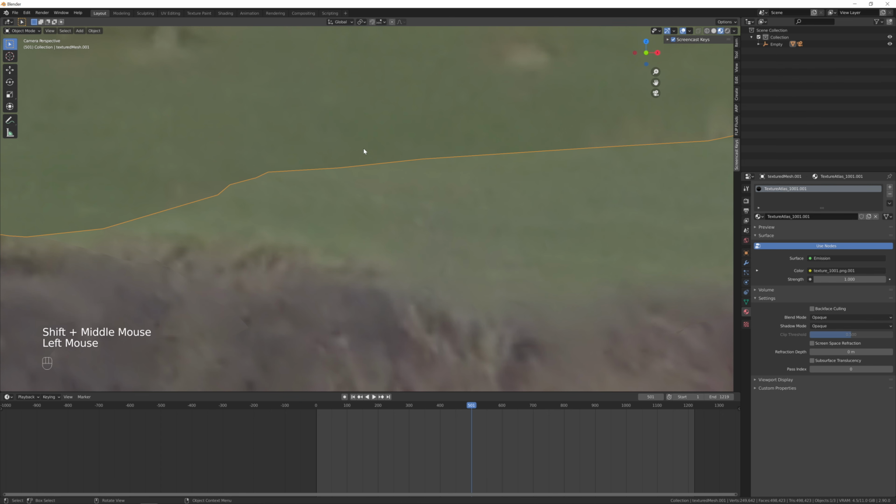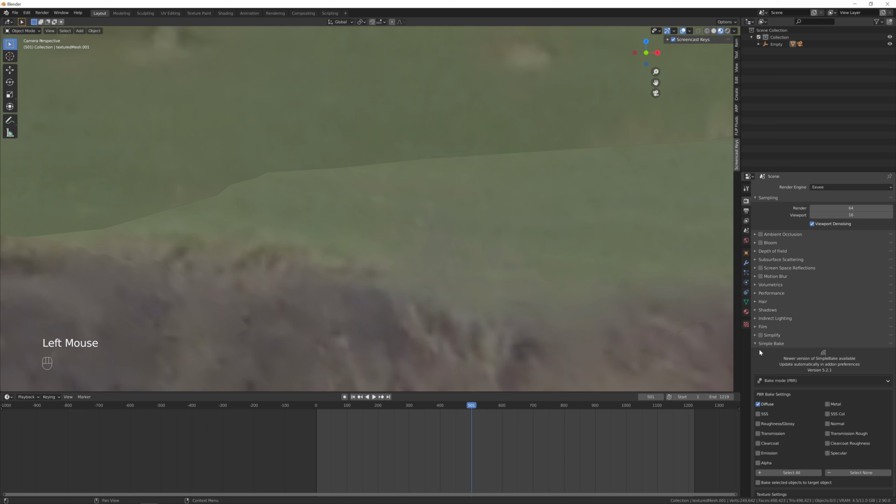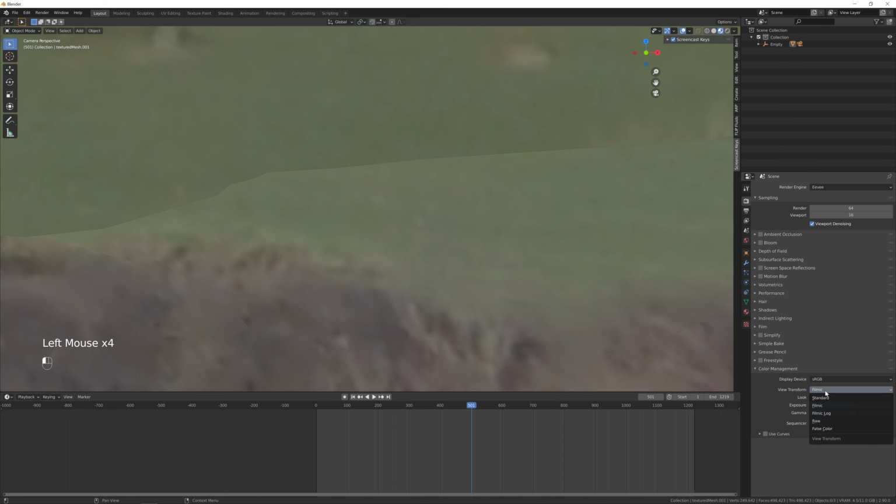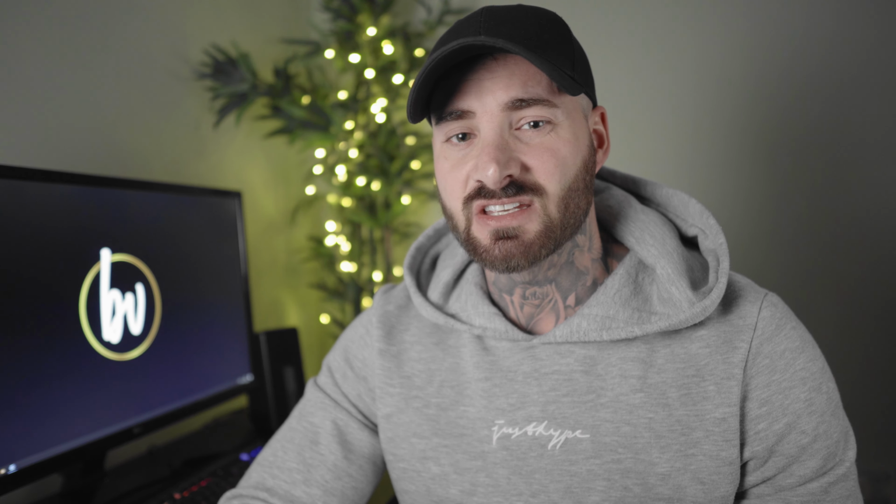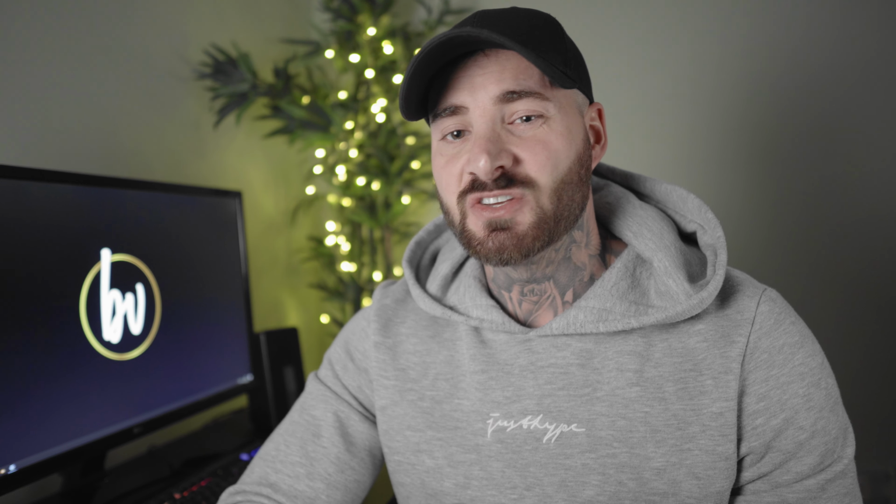This is due to the way Blender is viewing the colors of my scene. So go to Render Properties, Color Management, and then change the view transform from Filmic to Standard. Filmic has much more realistic lights and colours, so I wouldn't really recommend changing this usually. But on this occasion I'm happy to do so as I need my scene to match my footage exactly.